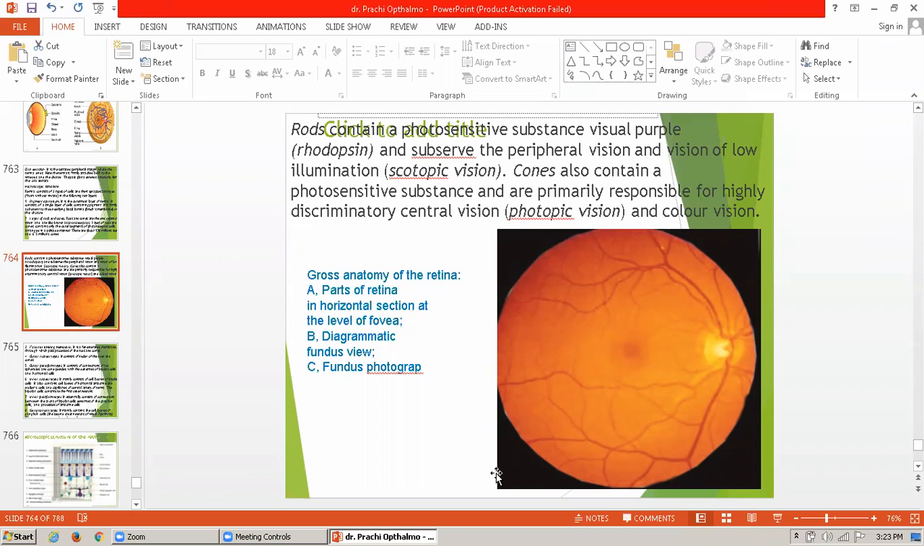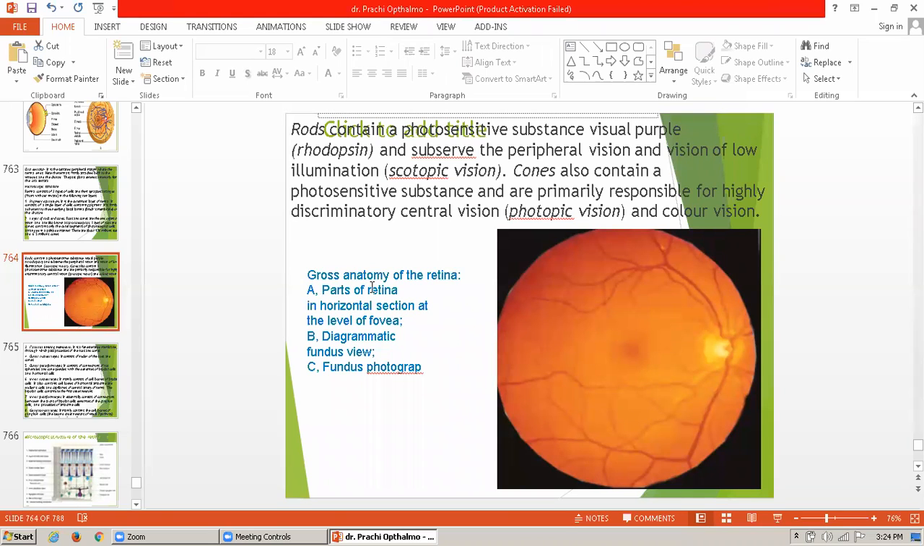So rods contain a photosensitive substance, visual purple, that is rhodopsin, and subserve peripheral vision and vision in low illumination, that is scotopic vision. And cones also contain a photosensitive substance and are primarily responsible for highly discriminating central vision, that is photopic vision, and color vision. Then the gross anatomy of the retina is